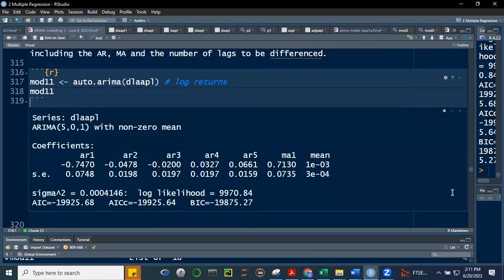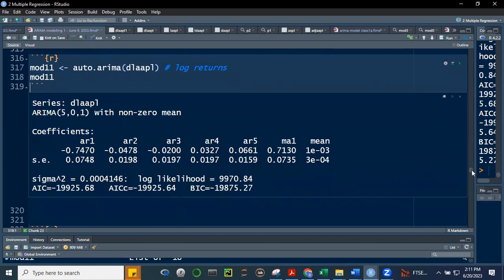So what does mod 11 give us? All right, yun. No? So it gives us the suggested model. No? So ano yung model na to? It's an ARIMA model 501. Okay, so ibig sabihin, order 5 ng AR component, at saka order 1 ng MA component. Kaya tingnan nyo dito yung coefficients. No? Meron tayong AR1, AR2, AR3, AR4, AR5. Okay? Five